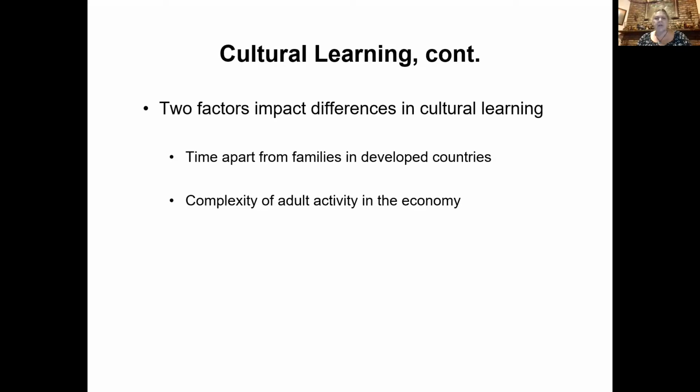The complexity of adult activity in the economy. So what that statement means is, for example, I work at a police station and do mental health crises. I'm not going to take my small child with me to work when I do that job. I would need to leave that child with a family member or at daycare, or they'd be going to school for part of the day while I'm doing this job. That's very different than a lot of the developing countries, whereas maybe the mom is doing a little bit of farming chores or animals or collecting things from their environment.